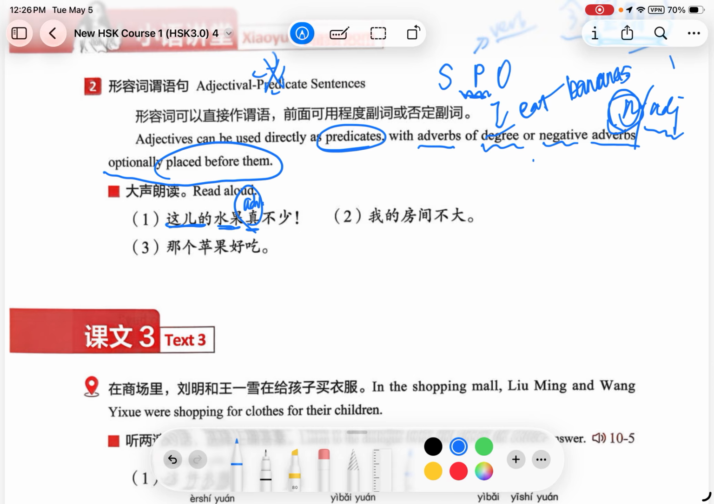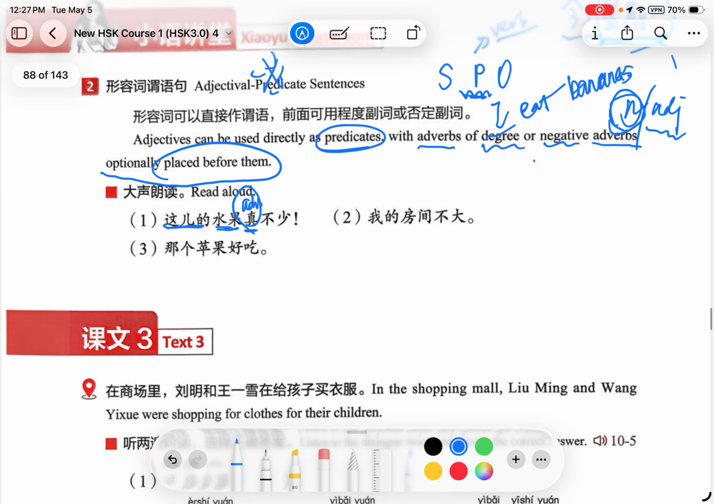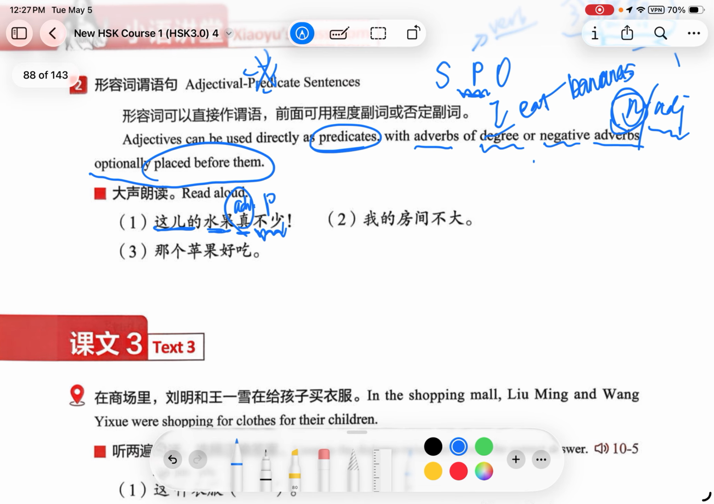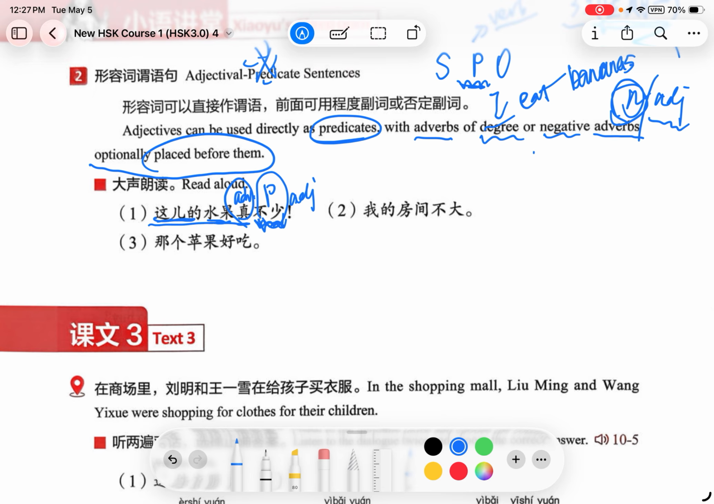So we know adverb. We usually put adverb in front of predicate. So we can know this predicate. 不少 means not less, not little, so it's many. So we can know 不少 is an adjective, but here it's a predicate. So there are no verb in this sentence, right? The same